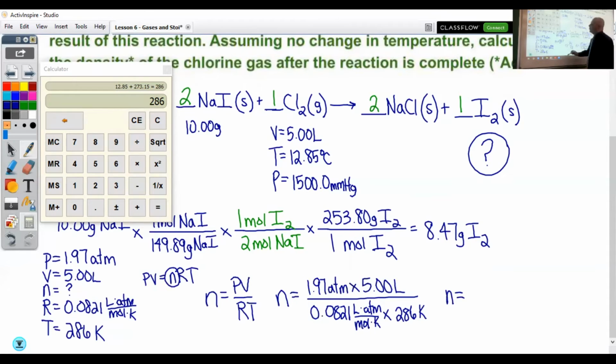Typing this into our calculator, we have 1.97 times 5 divided by R, 0.0821, and then also divided by our temperature of 286. And we get an answer of 0.419 moles